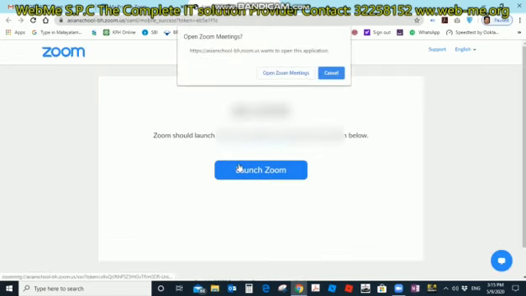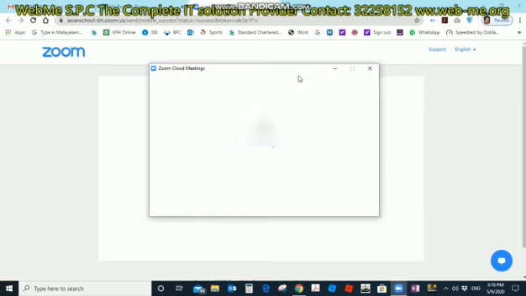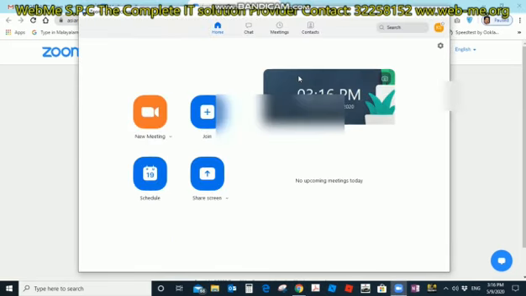If you're signing in with this new account for the first time, it will redirect to this page. After you reach here, you can click on this button, open Zoom meetings. So it will open this window.